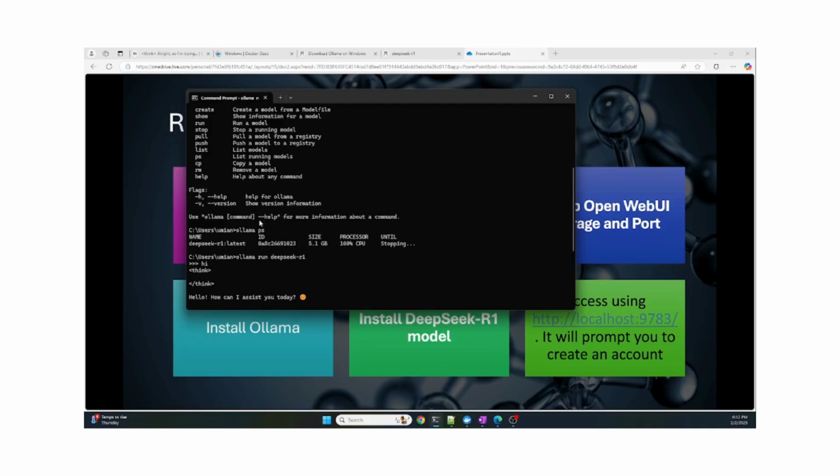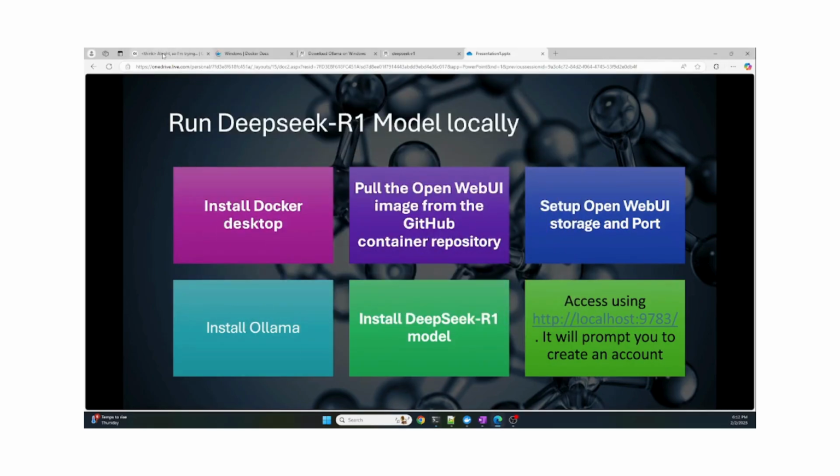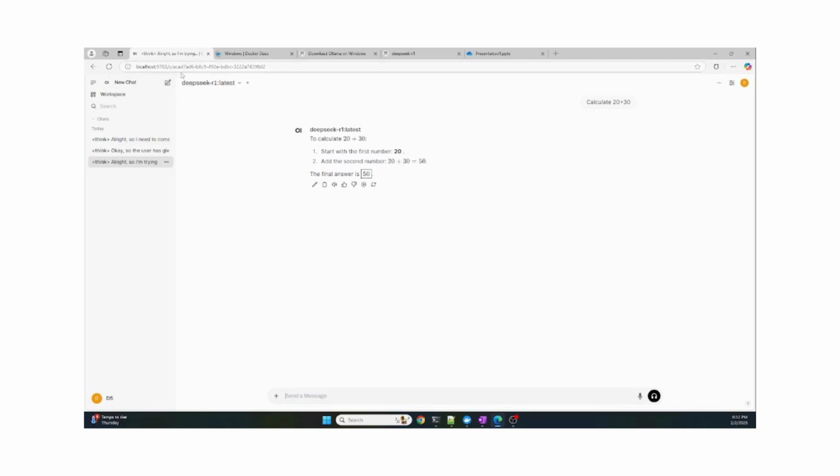So now pretty much our setup is done. Now we can go to this website and use this model. So let me go here. Basically, as we have set up, this is available on this 9783 port, and we can see all the installed models. In my machine, other than DeepSeek, I have installed some other models too. But today we are interested only in the DeepSeek model, so we will use this model and see how it